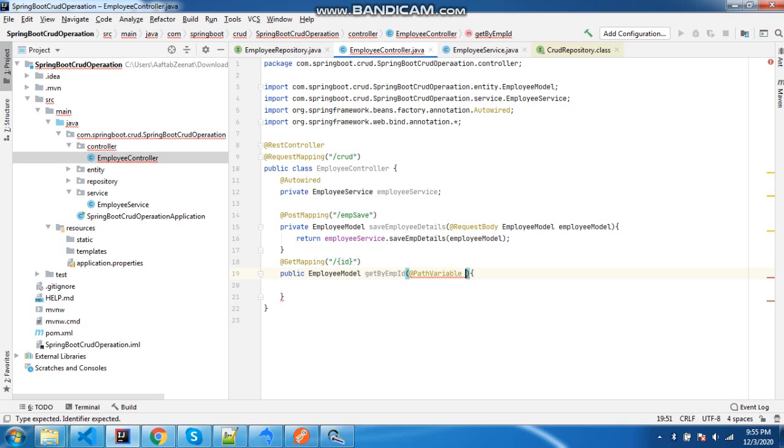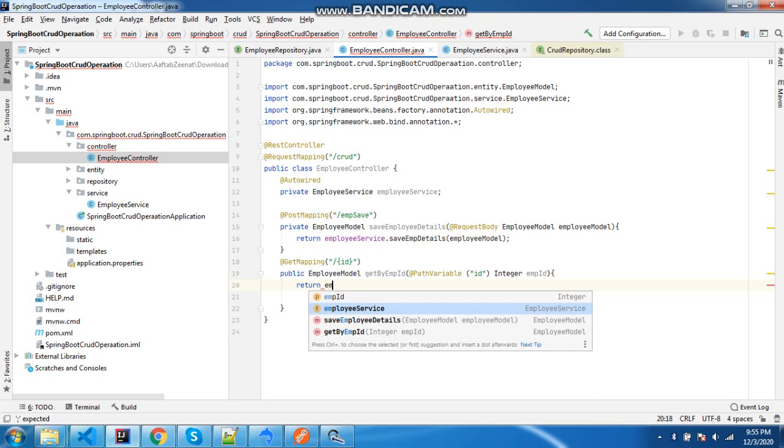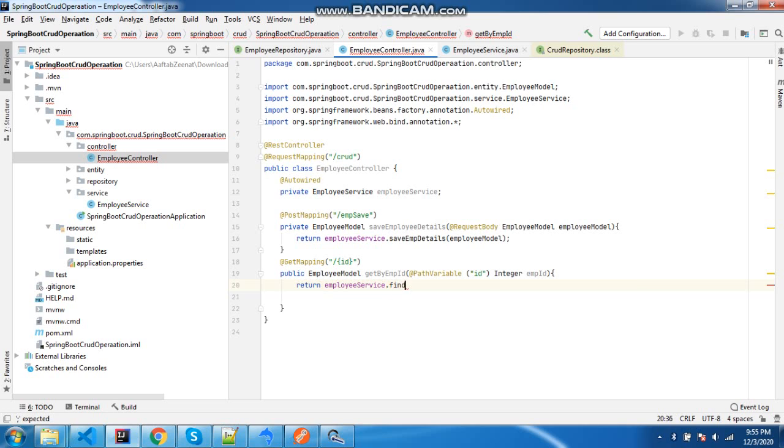Then I will put the ID here. Be careful, don't put one id here and a different id there. For it to be bound to a URI template variable, both must be the same. It's mandatory. I will put the Integer empId here, and then return the employee service dot find